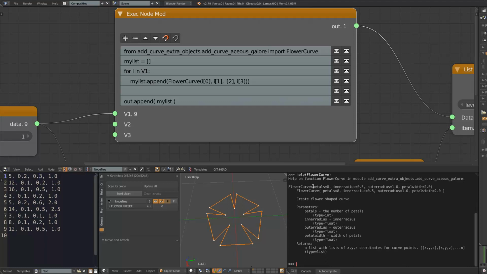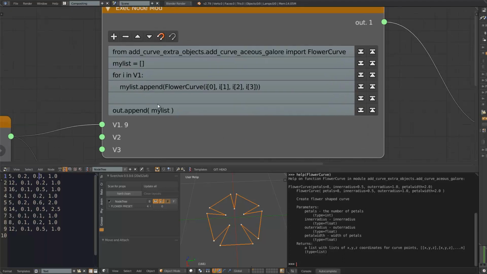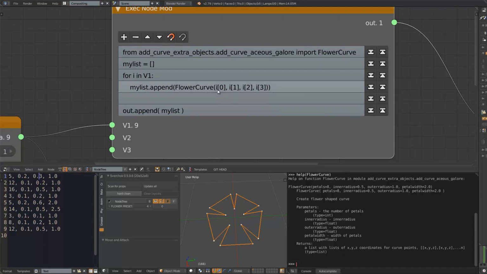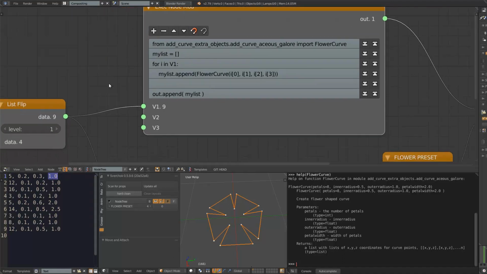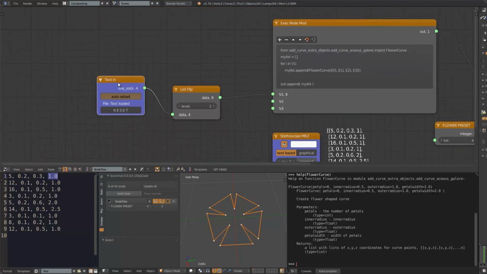So flower curve has a lot of parameters that you can put in: the petal, inner radius, outer radius, etc. Based on this information, we know that we can provide four different parameters: the petal numbers, then the inner and outer radius, and then the width of the petal, and all that. Instead of using generative